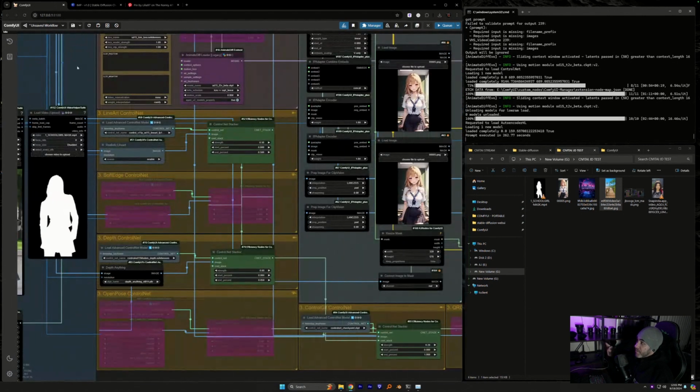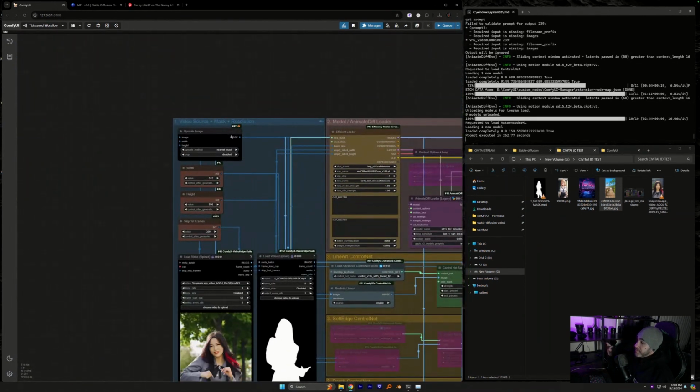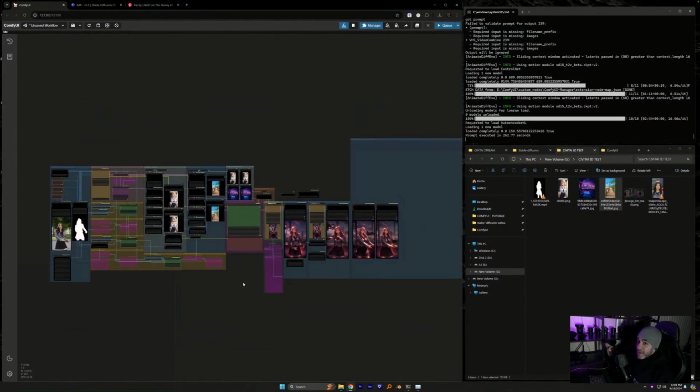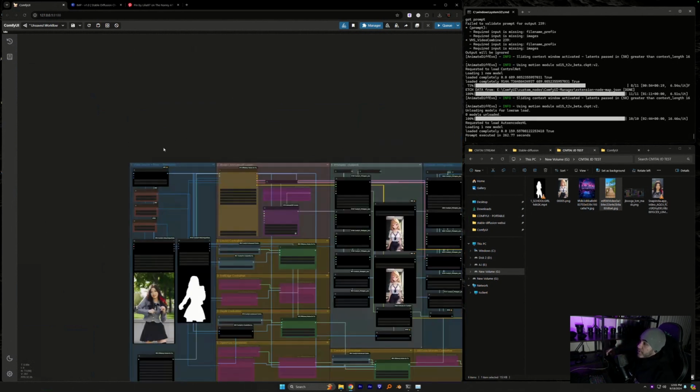So all the groups here, first off, here is the snapshot of the workflow. This may look a little familiar to you all, but it's also a little different, more refined, and there's less clutter.